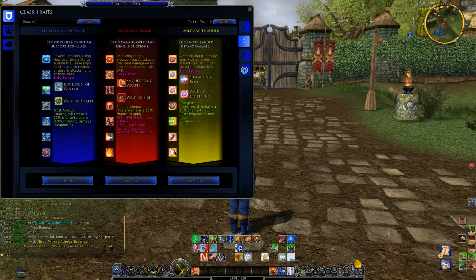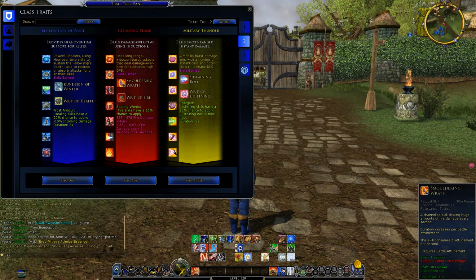So you actually get quite a few things just for speccing into fire here in the red line. So the first thing we get is Smoldering Wrath, which is an attunement consumer that is a channeled skill that deals damage every 1 second, and for each attunement you have, it will do increased damage and increased duration. So at full attunement, the channel duration will actually be 5.5 seconds, and every second you're channeling it, it will